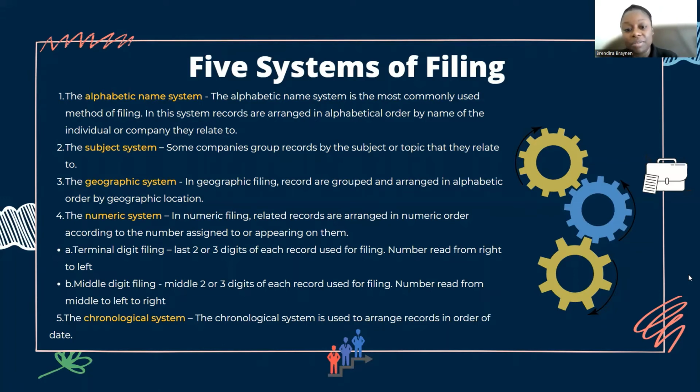subject, the name of the vehicle, and then underneath, on the side of it, put insurance forms, insurance claims, have different files for different vehicles, but you're grouping it by vehicles instead of grouping it by the name of a vendor or something like that. That's a way of subject system, finding a common subject and then alphabetizing the subject, and within each subject, alphabetizing the